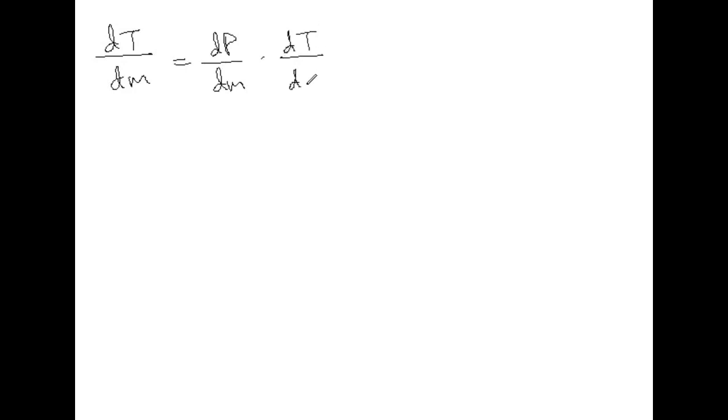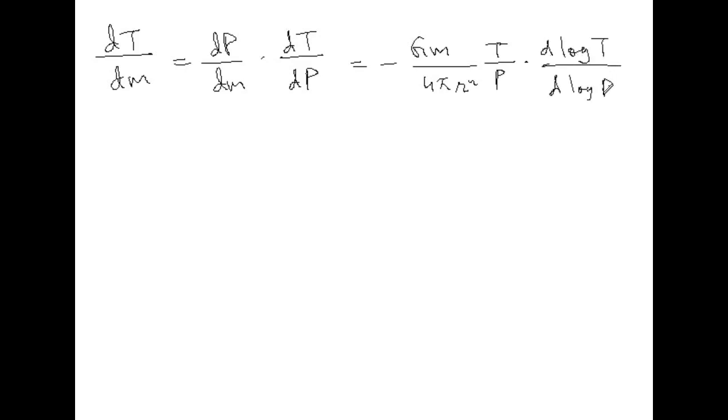So we can write like that, and upon doing this, you see what we get: T by P into d log T by d log P,